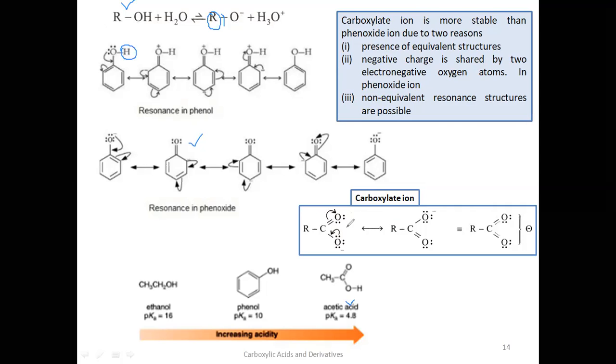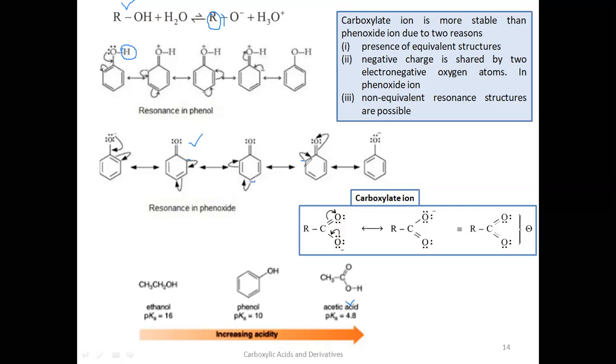If you closely observe this, the negative charge is only on the oxygen, and that is distributed between these two oxygens. What is oxygen? Is it electronegative or electropositive? It is electronegative. So a negative charge on an electronegative atom is stable. But if you see these phenoxide ions here, you can see the negative charge is on oxygen and also more negative charge is on the carbons here. Here it is carbon. Here also a negative charge.